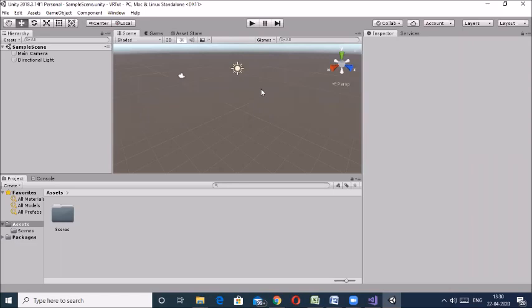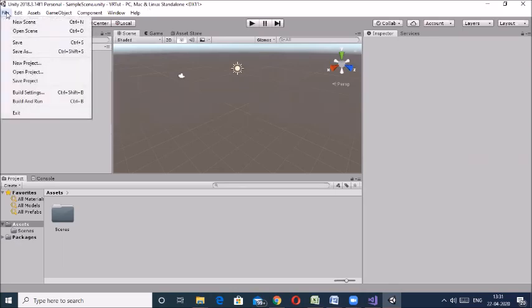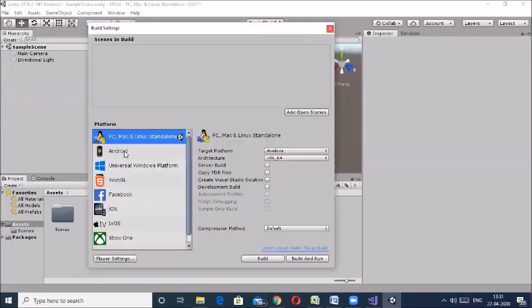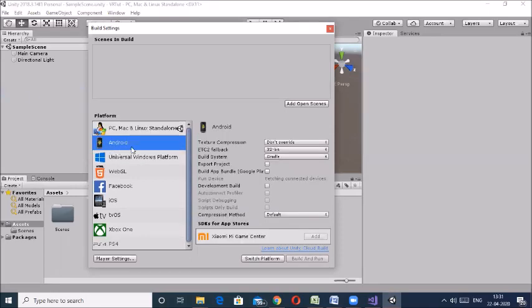Hello, dear. So today I'm going to tell you how to create a virtual reality app. It's just a very simple start, and it's for exposure. This is the Unity GUI, and you are all familiar with these things. Suppose I'm going to create a virtual reality app. First of all, we will go to File, as we have already done in the augmented reality app. Go to Build Settings, and change the platform to Android.